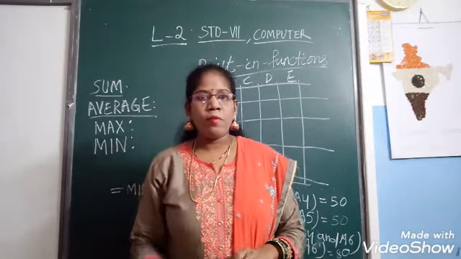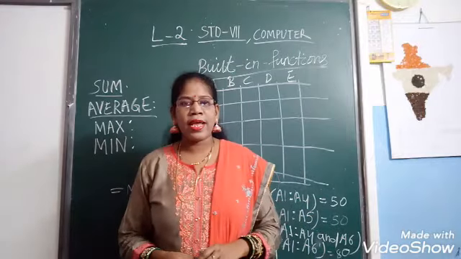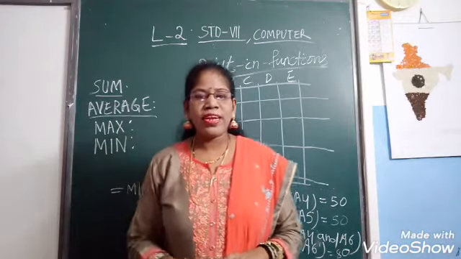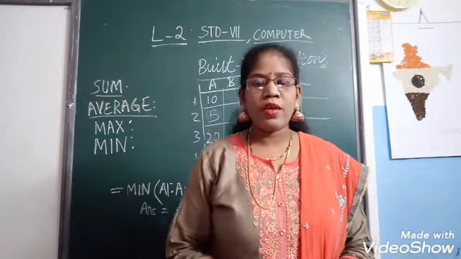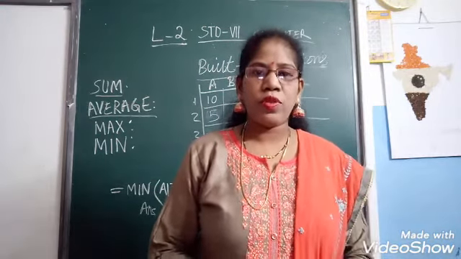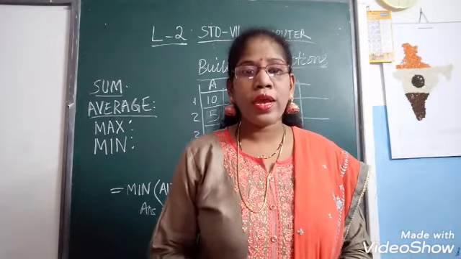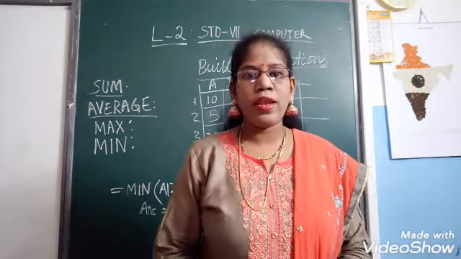And remember, a blank cell will not give any value. It will be considered as 0. And if any text is written, then it will not do any calculation. So, these are some of the built-in functions in Excel. A blank cell will always return the value 0. And a text value cannot be added to a number and will lead to an error. If there is a text value, then it will not do any calculation. It will give you an error.